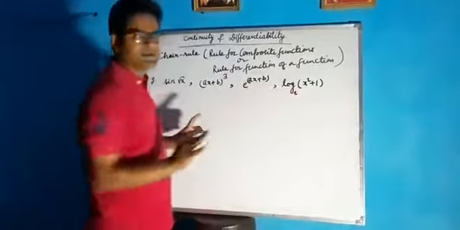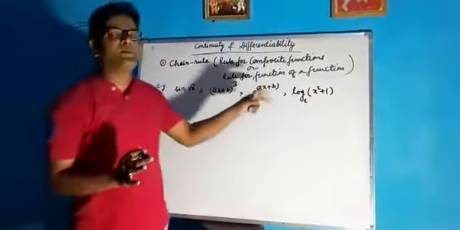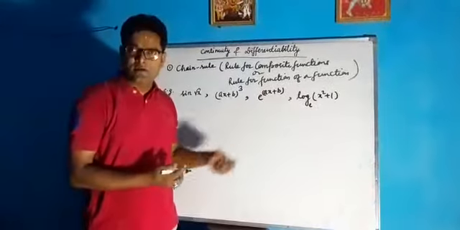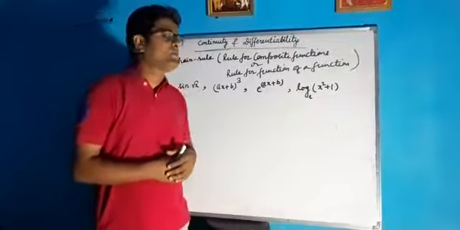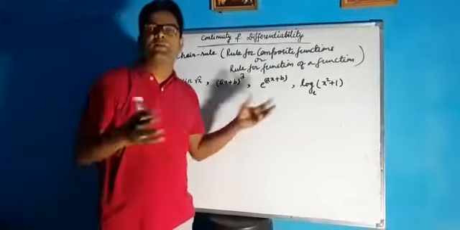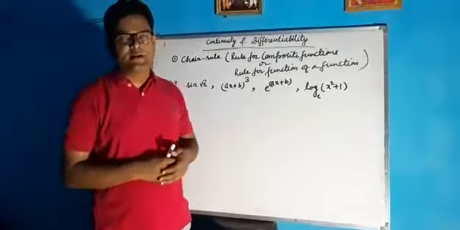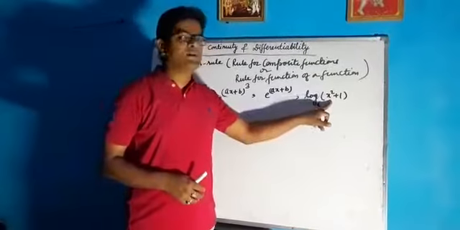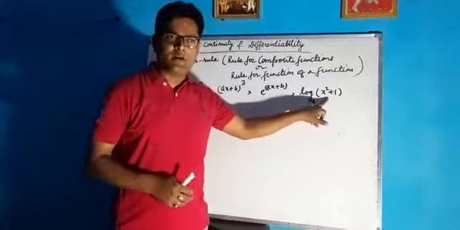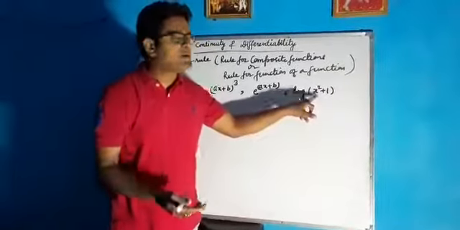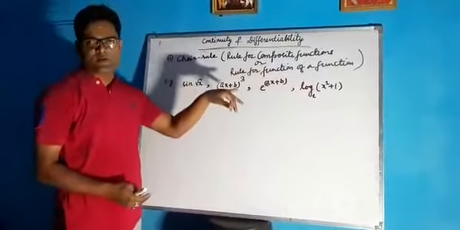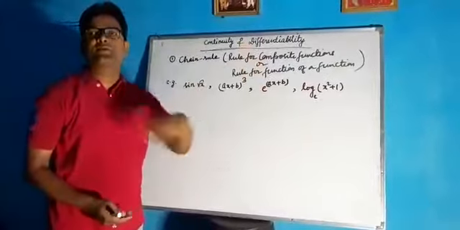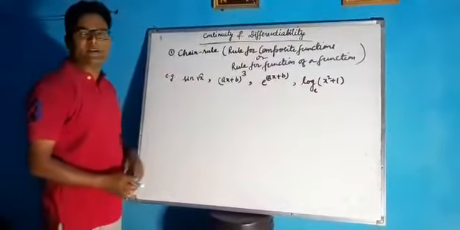simply students will answer. I have asked so many students; when they are starting to understand derivatives in class 12, they answer directly: derivative of log to the base e of x square plus 1 is 1 by x square plus 1. It is quite wrong again, because the log is a function of x square plus 1, but x square plus 1 is a function of x. So here it is a composite function: a logarithm function of x square plus 1, and x square plus 1 is an algebraic function of x. So we have to focus on that.